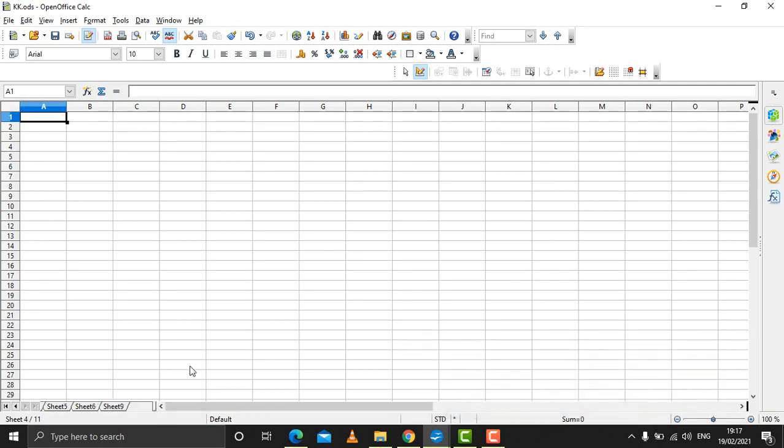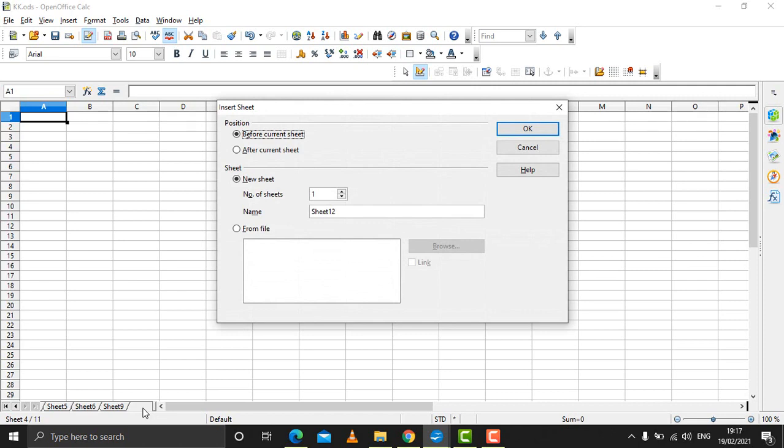You can add a worksheet through one more method also. Just after the last worksheet at the bottom of your screen, where sheet 1, sheet 2, sheet 3 and other sheet names are visible, there is an area. You click on this area, you will get the same dialog box which will ask where you want the sheet, before or after, and you click on OK, you will get a worksheet.